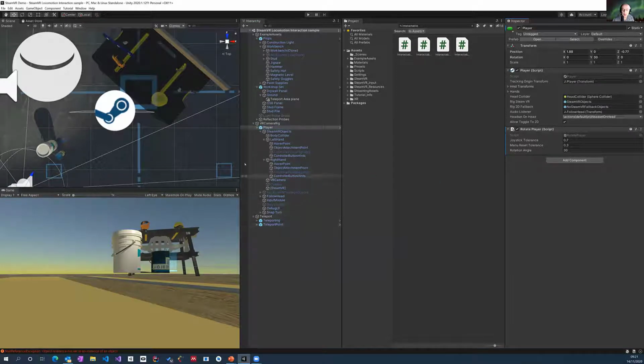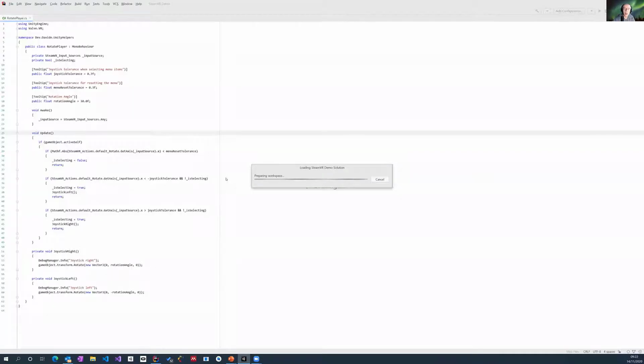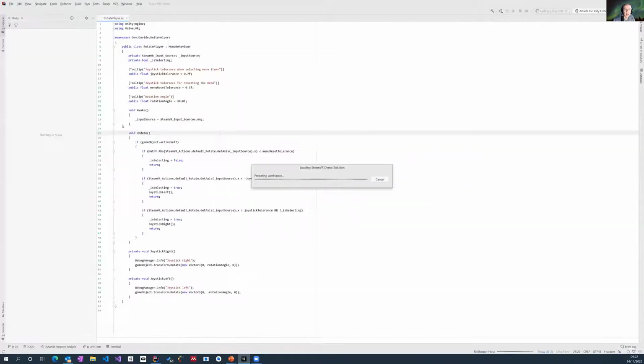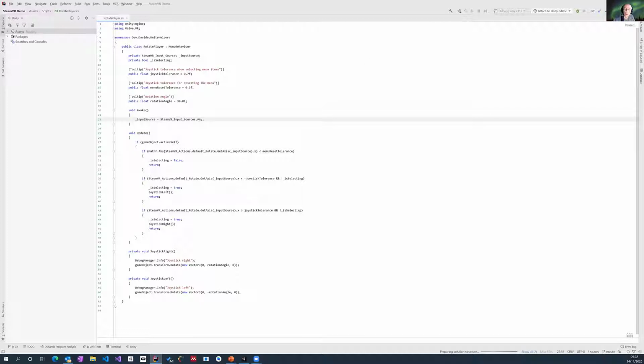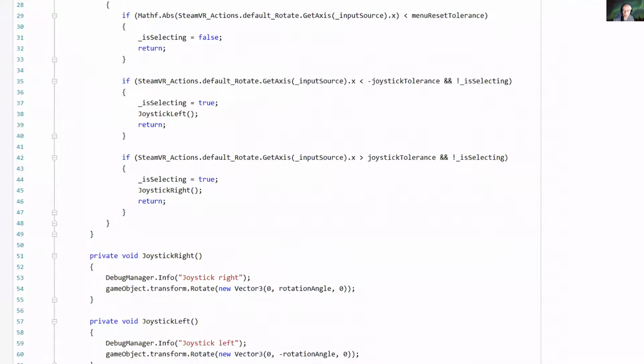So this script is associating to the game object some transformations that can happen when the user triggers the left or the right direction on the joysticks. When you do these types of actions, you can simply apply a transformation, a rotation to the left or to the right for a number of degrees. So you can see by this example that when a left or right interaction occurs with the motion controller, I can just simply apply a rotation to the right or to the left just by modifying the transform.rotate